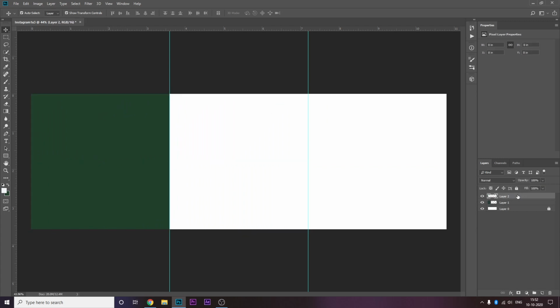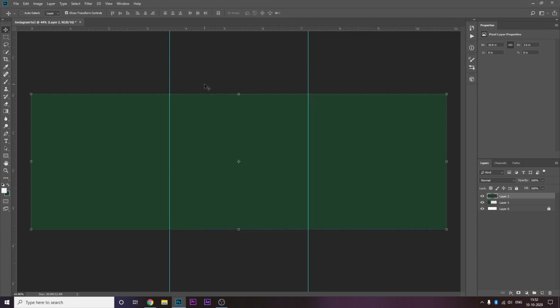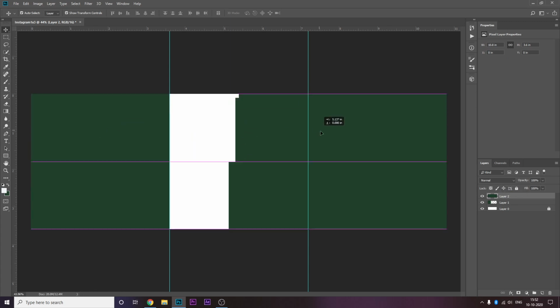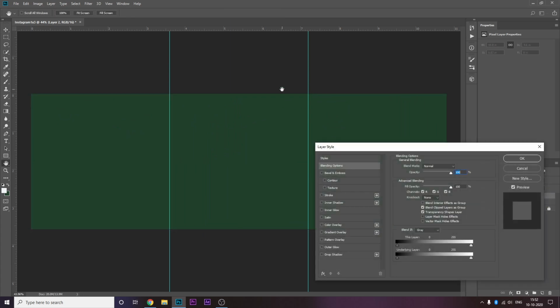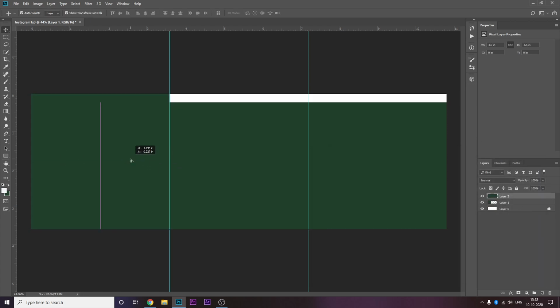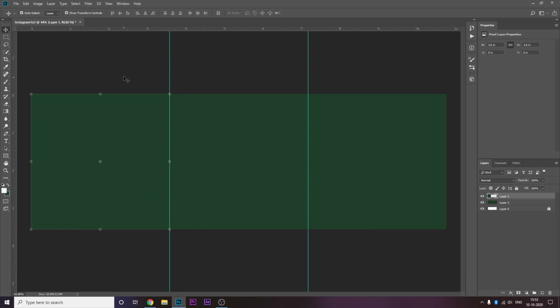Now let's say there is another layer which is completely green, right? It depends on the layer I am in, but I am not on any layer for now. So when I click over here, it will select the highest layer of the entire composition. Here, layer 1 is below layer 2, so it will select that. But now let's say layer 1 becomes above layer 2, then if I click here, it will select only layer 1.